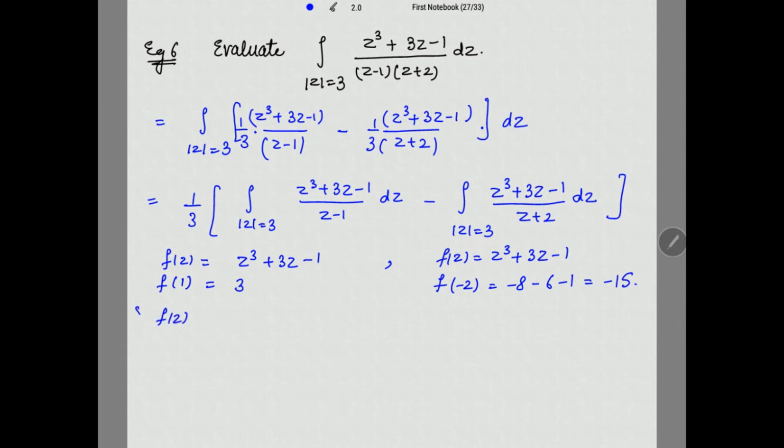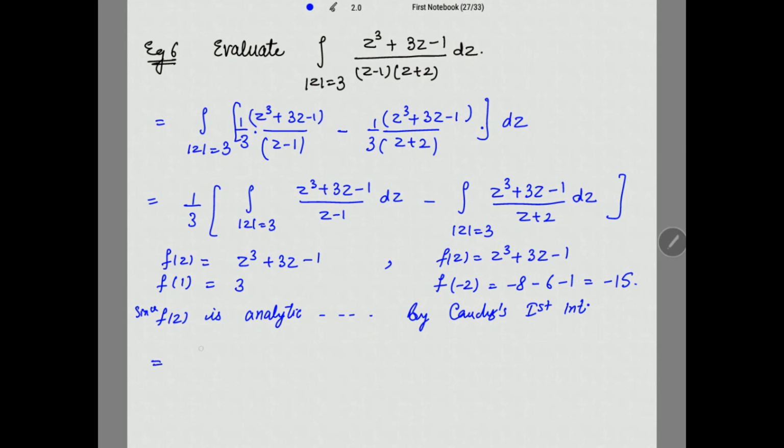Now using Cauchy's first integral formula, we have to write as before, since f of z is analytic inside the circle mod z equal to 3 and on the circle mod z equal to 3, and the points 1 and minus 2 lie inside the circle. Therefore, by using Cauchy's first integral formula, we will be having,